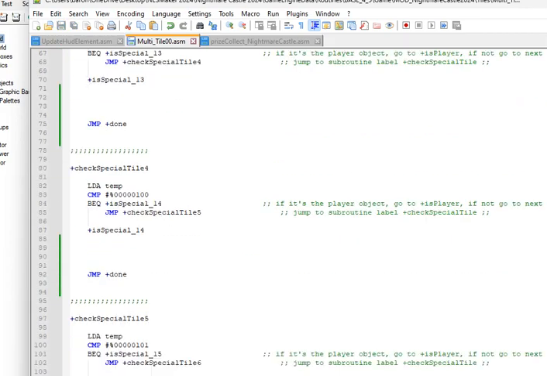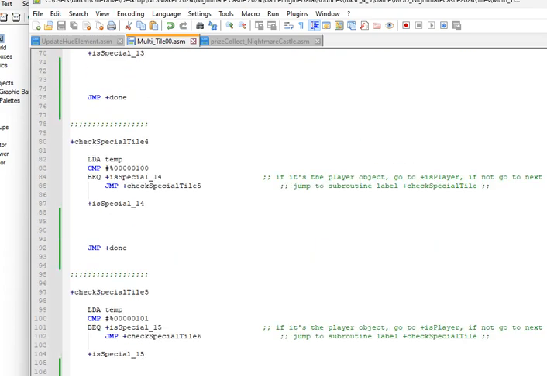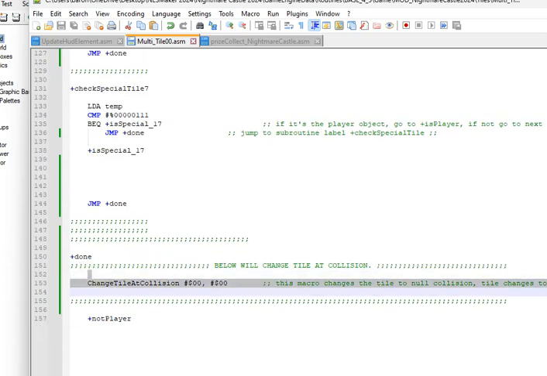Anyway, okay, so now it's basically a blank tile. No matter what you choose, it's gonna go to done. Then done just does nothing here, and then just changes the tile collision.